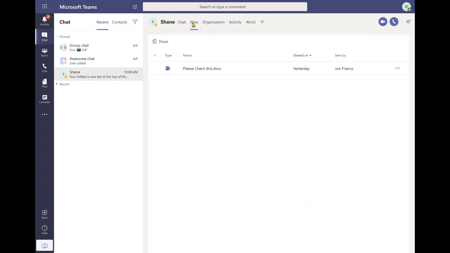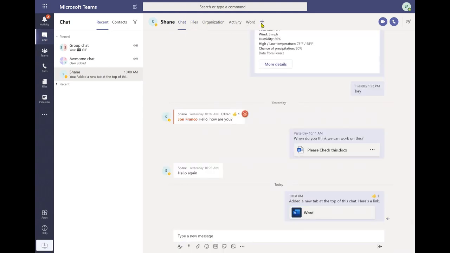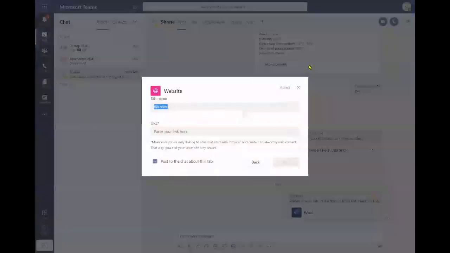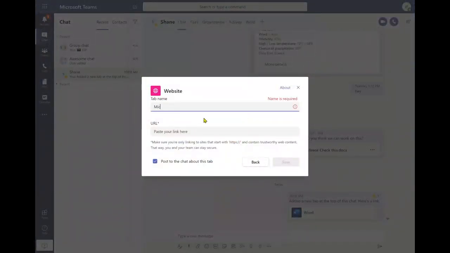And that is the same procedure that you would follow when it comes to adding any other sort of app or PDF file or website. If you did want to do a website as well, the way that you would do that is, in this case, you would give it a name, call this Microsoft Store, and you would have to fully type out the email or the URL address,